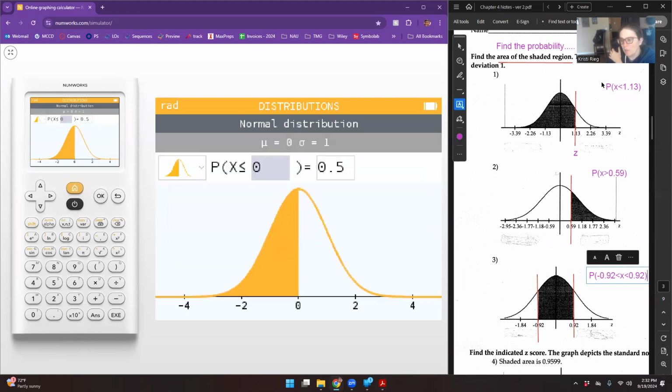Okay, so we said we want the probability that x is less than. Now, pause. Less than versus less than or equal to, I don't care. The reason I don't care is because I'm talking about this whole area. This is like a fence, and this is like the grassy area. If I wanted to find the area with the fence as the cutoff,